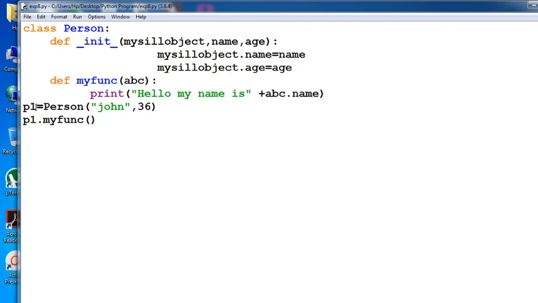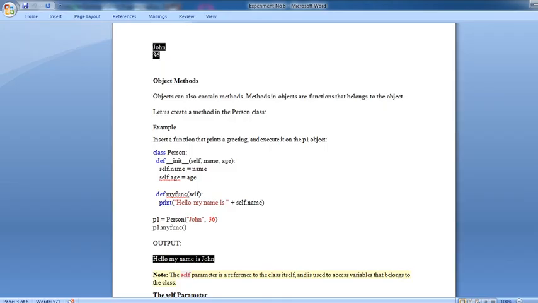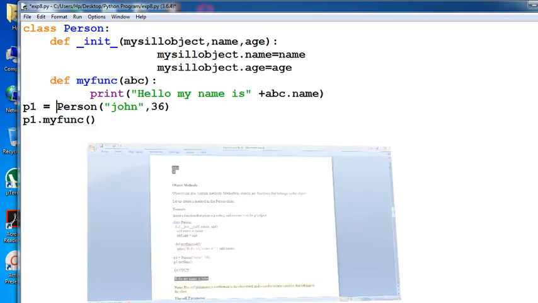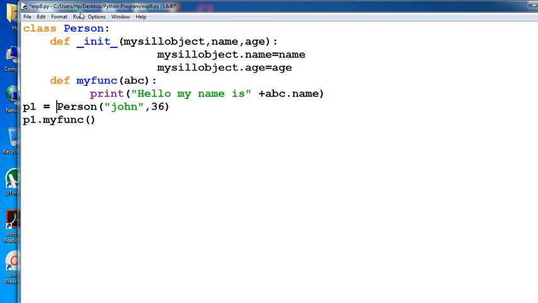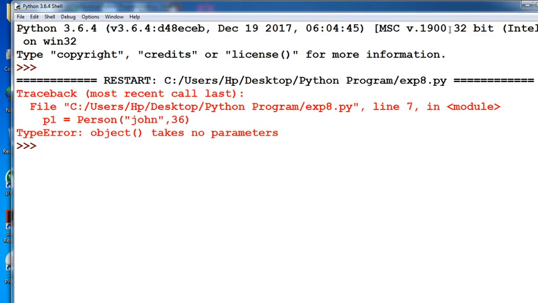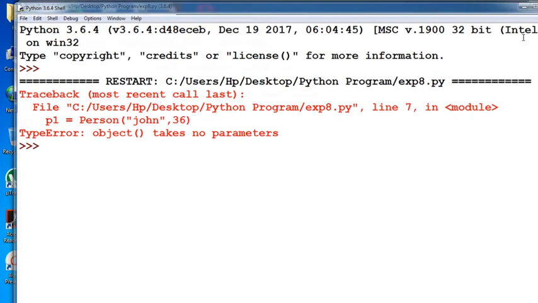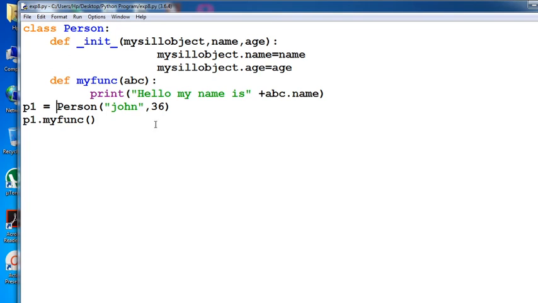Whatever you are defining, p1 Person, that means p1.my_function with brackets. Okay, we will run again. Again John and 36 are displayed as an error. That means you need to define that.